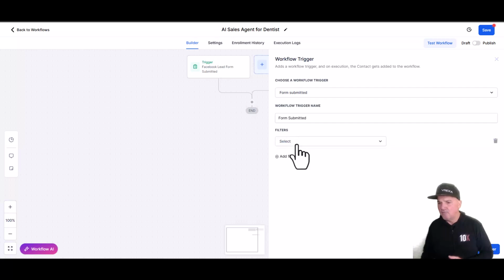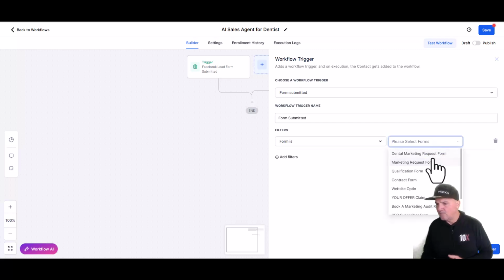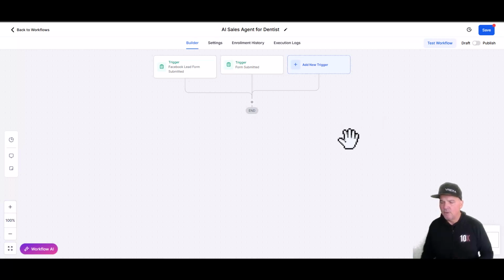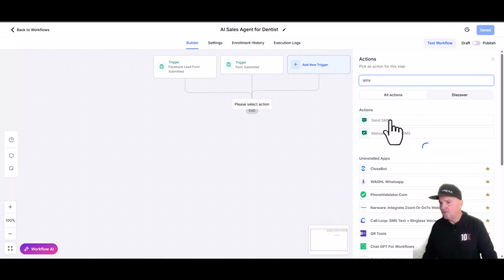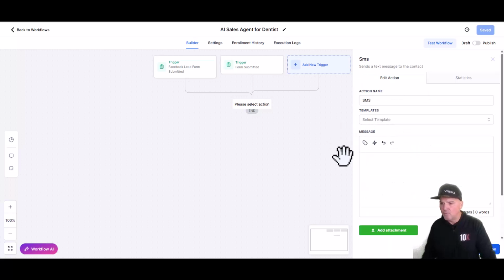It is a form. The form is from the website. So it's a website form. We'll just say dental marketing request form. So we can fire it on multiple things here. You always want to make sure you save it. And then when you're ready to publish, you'll flip this over to publish. But we like to test our workflows. And then we also said that SMS is the best thing to go for. So we'll go ahead and we're going to copy and paste,